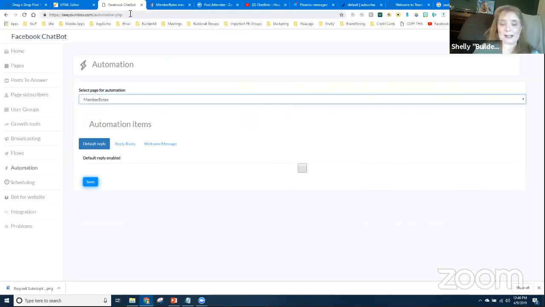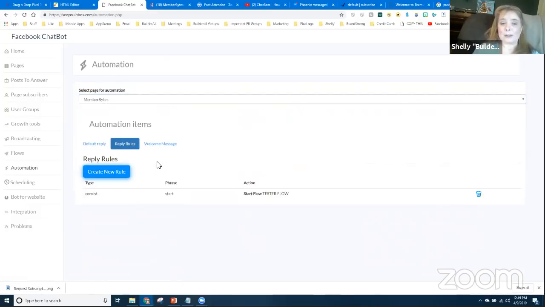What that means is if they type something in and I don't know what they said, I can actually build a default reply that says, I have no idea what you're saying. Can you try that again? Or you can just make a general answer. Say something like, I'm sorry, we didn't understand. Can you choose from the buttons above, or can you type start and we'll restart the chatbot for you? But this is a default reply if it doesn't understand what the person has typed in.